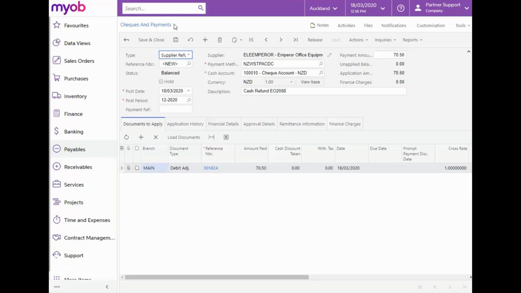On this screen, note the type of supplier refund. The supplier details came over from the debit adjustment, and so did the payment amount. The payment amount can be adjusted from here should we want to apply the debit amount to more than one supplier refund. On the Documents to Apply tab, we will see the debit adjustment that has been automatically specified in